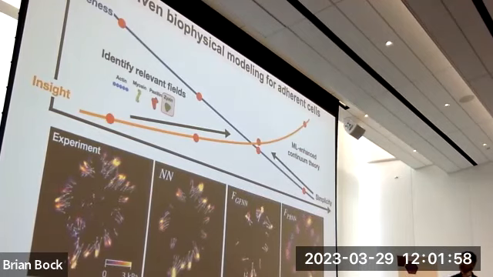Something I'll have no time to describe is that there's something in between that we call Green's function neural network, in which you don't assume exactly what physics you have. You just assume that there are some generators and Green's functions, and you learn both the Green's functions and the field on the fly. That lies a little bit in between.